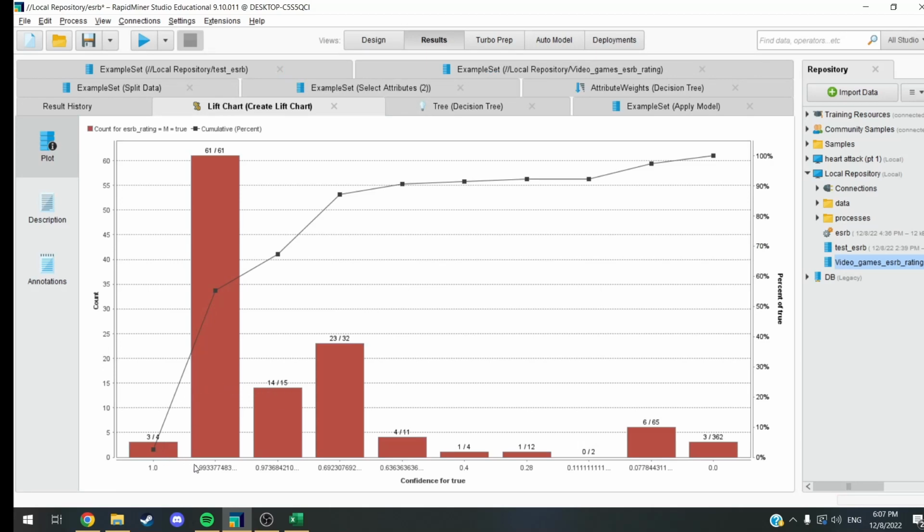So what this means is if the model is this confident, and you grab the first 4, if we did a different kind, it would be like 20%, 20%, 20%, 20%, 20%, or 10, 10, 10, 10, 10. But since we did the decision tree, the bins are a little differently shaped.